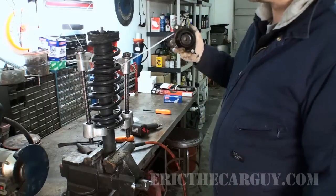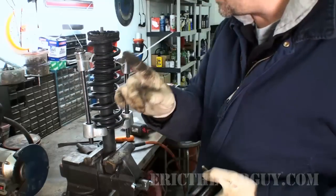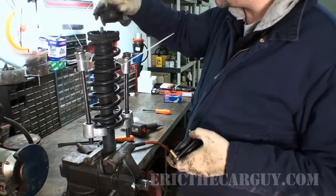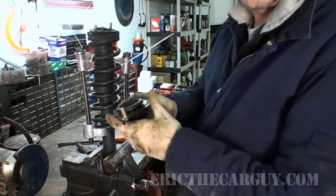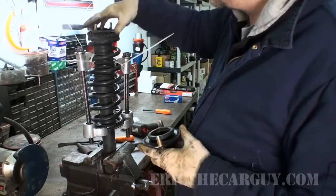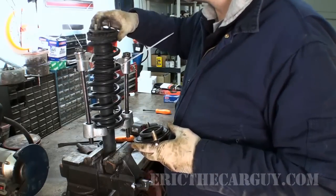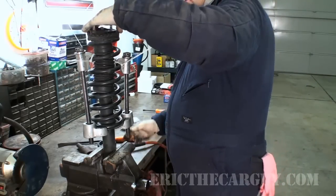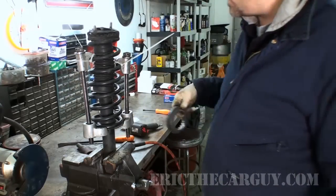It's quite literally going to be this simple. Something I probably should have noted before I got started here was the orientation of how this actually sat on here, because when we put this back in, we want to make sure that the bolt down here lines up. So I'm just going to set this on here again real quick, see if I can get an idea of how it was sitting. And that's going to be reason 2 why I'm not going to replace this, because you